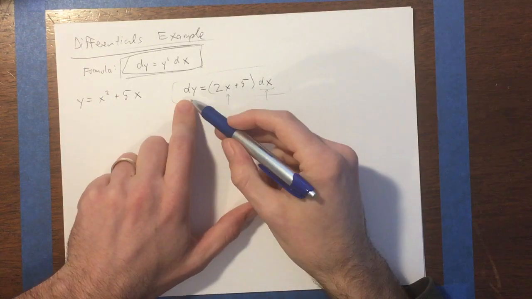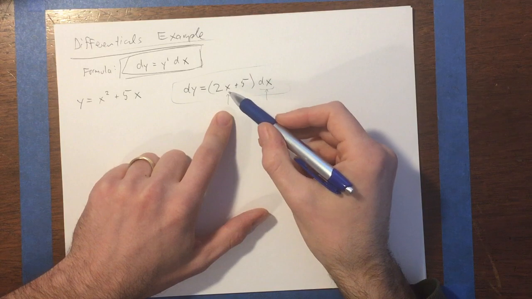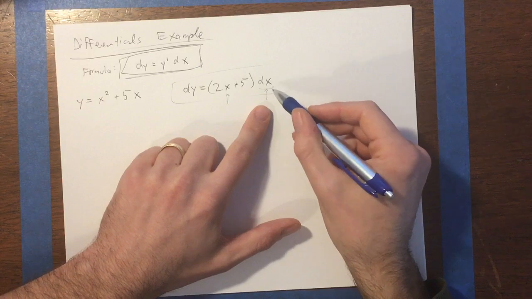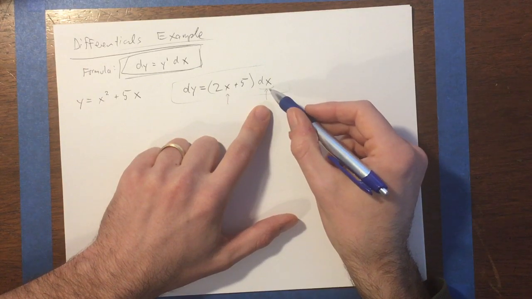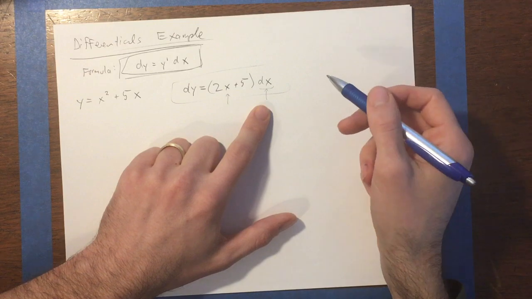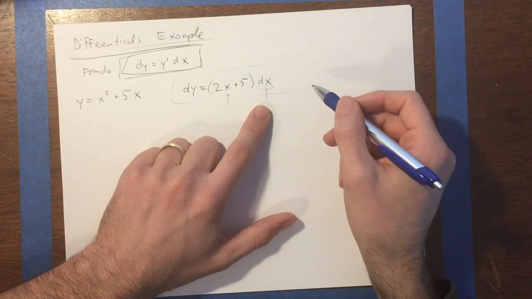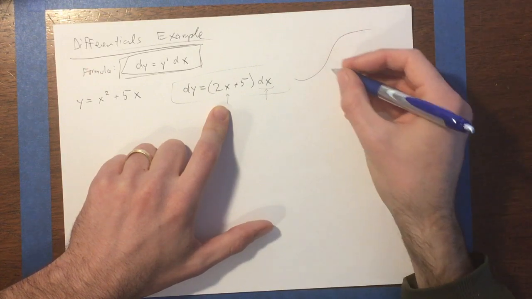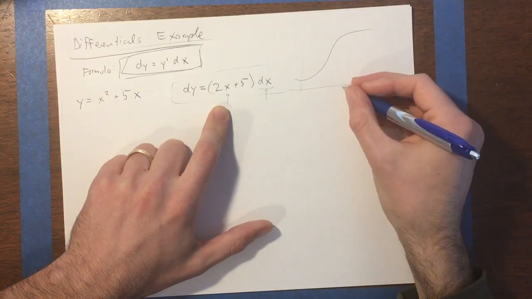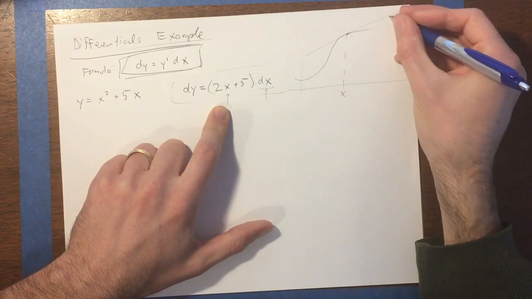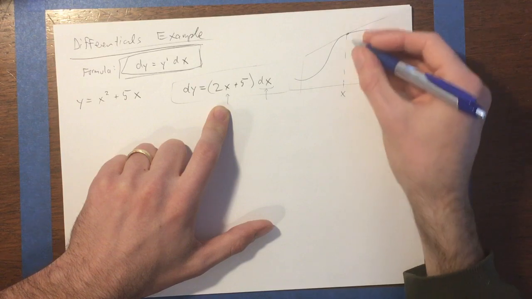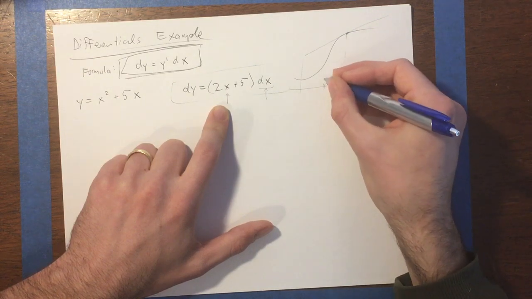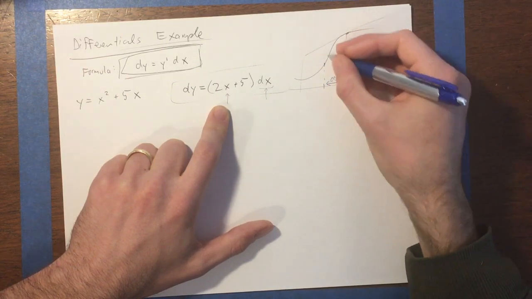So the change in y depends on what x you calculate the slope at. So where do you calculate your tangent line? And then also how far away from that point where you calculated the tangent line are you trying to look, right? How far away is your other x point? So it's like if I've got my curve here, then first of all I pick where is x, right? Then you get a tangent line, and then you say, well, the change in y is like how much you're going to go up and down, and so my other point is going to be somewhere else, a distance dx away, and then the change would be